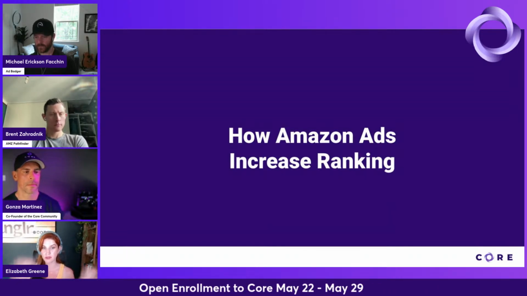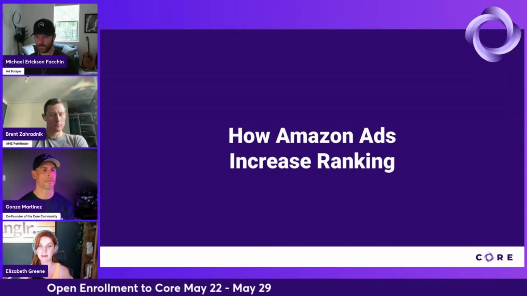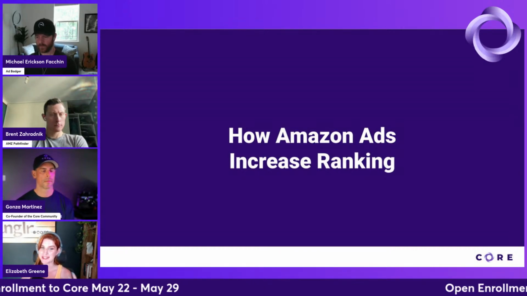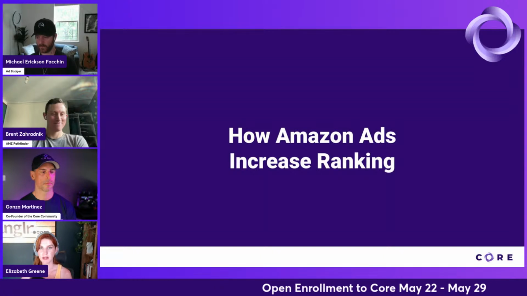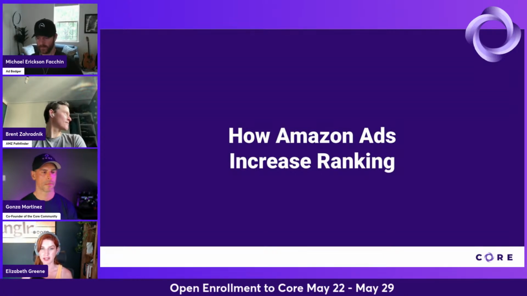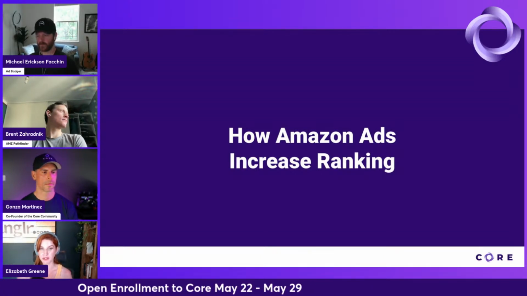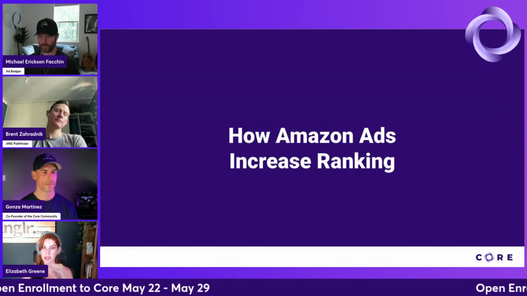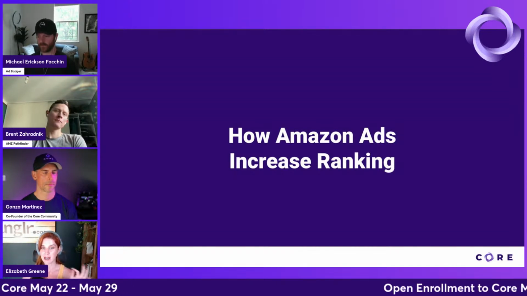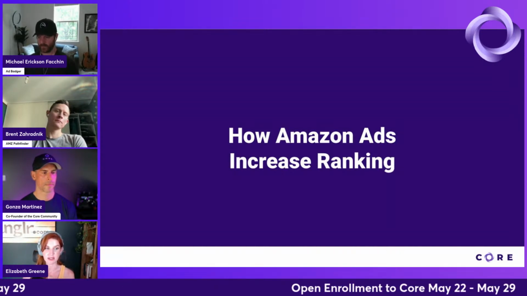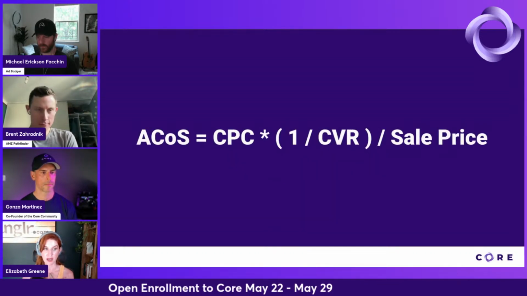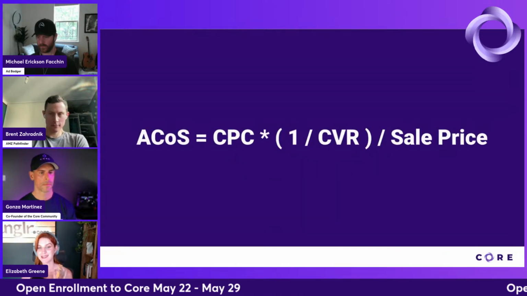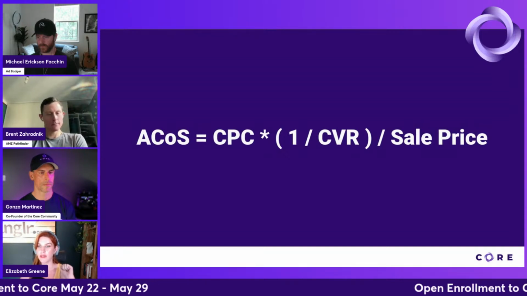So Gonzo went through a huge extensive process of, hey, here's a really mathematical and detailed way. You might be doing it detailed, you might not be, but either way, you lower your bids, and all of a sudden you're like, wait, my rankings are gone. What gives? Well, that's because you lowered your visibility in search, and we're going to talk about, again, the nuts and bolts of that. But that is how Amazon advertising influences your organic ranking,